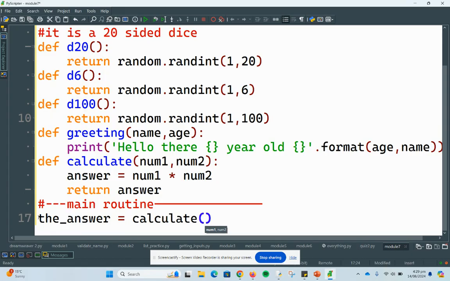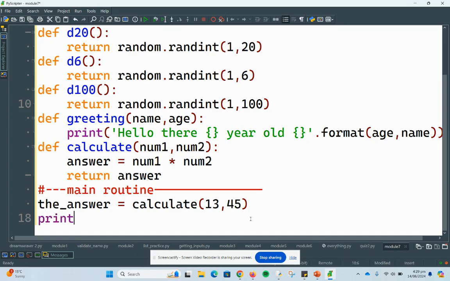I'm going to send it two numbers, 13 and 45. This calculator is going to send up the number 13. It's going to go up to num1. The 45 is going to get stored up in the num2. It's going to multiply them, store it in the answer, and then this time return the answer. When this returns, that'll be the answer, and then it's going to be stored in there, and then we can